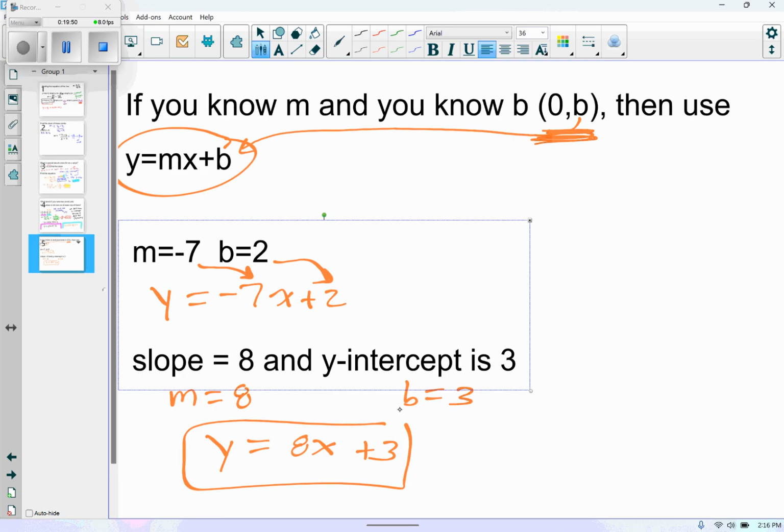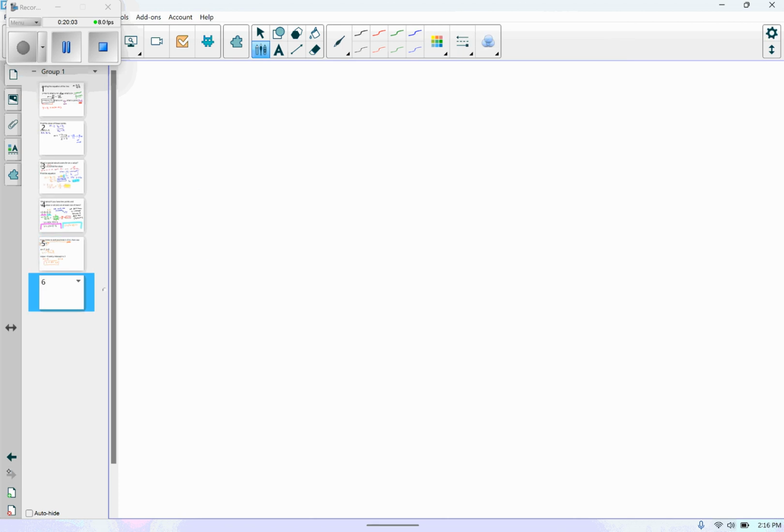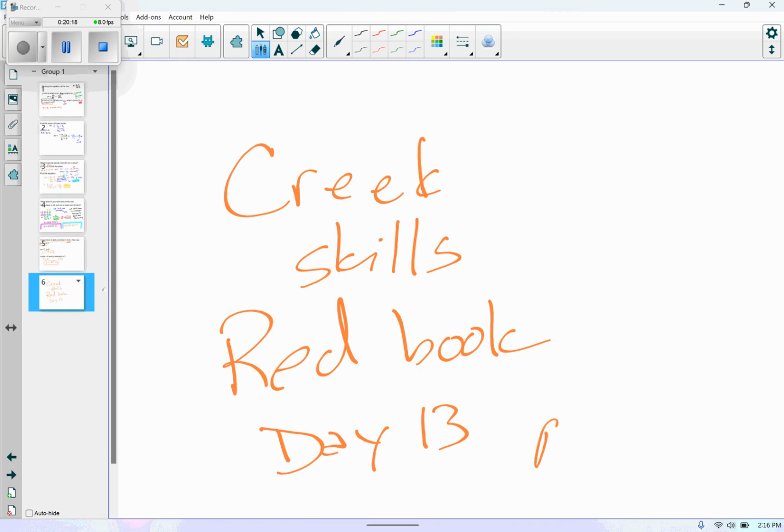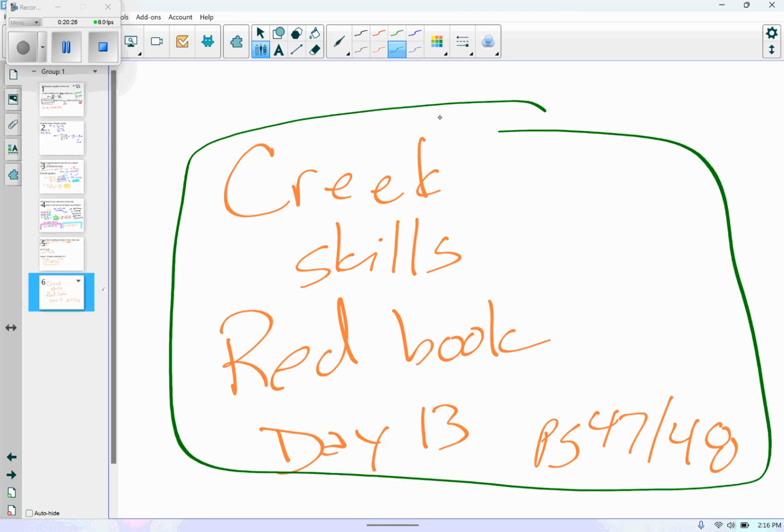Okay? So, my friends, what I would like you to get a start on, if you don't mind. This is in the Core Skills, so that's the red book. It'll say day 13, which is page 47, 48. Okay? If you need this page, let me know, and I'll have